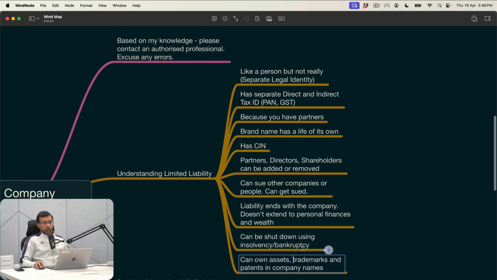You might have seen that a lot of people buy luxury cars in the company name instead of personal name, because let's say you buy a luxury car for 50 lakhs. Within 1 year, maybe the car depreciates by 30%, which means the value of the car has gone down from 50 lakhs to 35 lakhs. The 15 lakhs can be considered as a company expense, as a depreciation cost. So that is why you might have seen BMW, Mercedes ads, something along the lines of, appreciation for now, depreciation forever, or depreciation for now, appreciation forever, or something along that line.